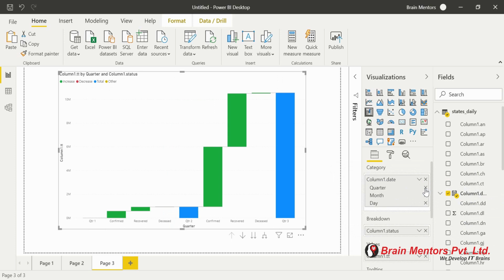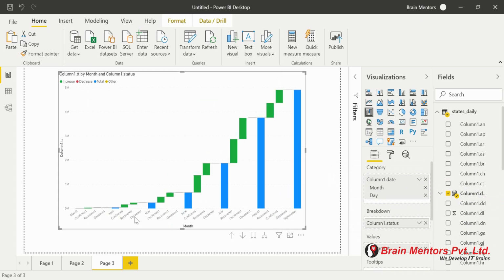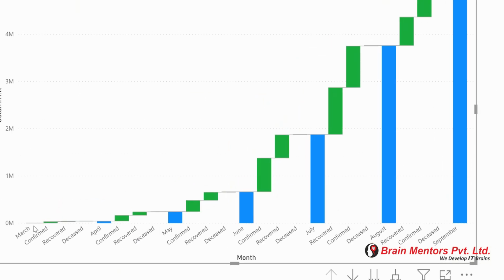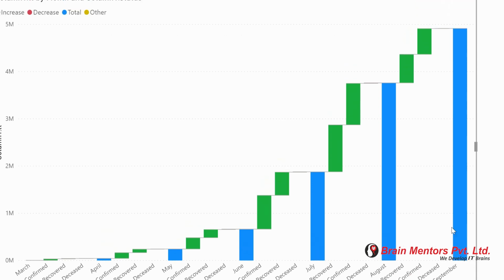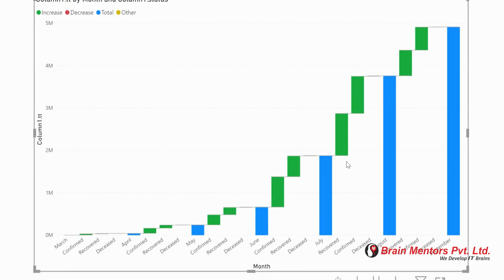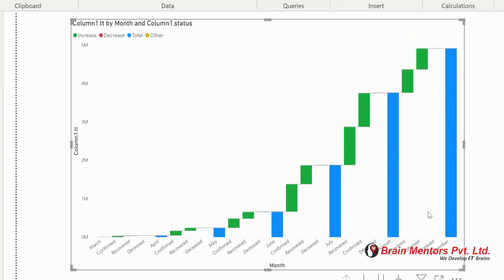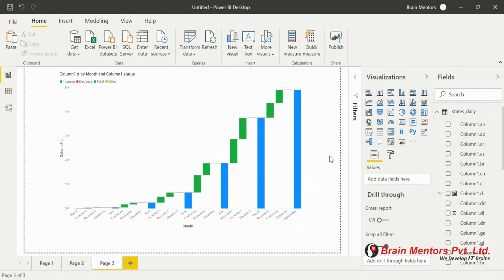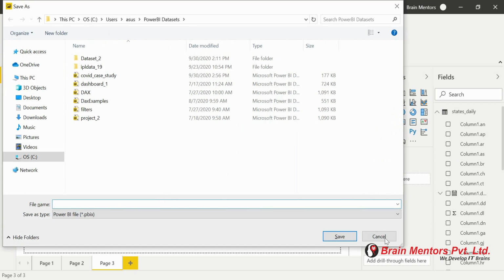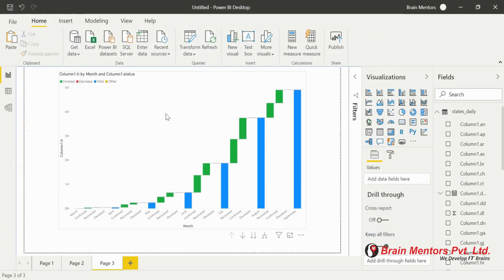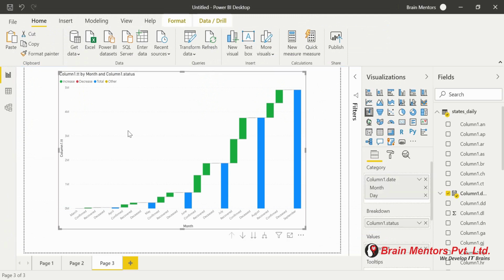So close the first two, and now this is the data of a waterfall. This is the look and feel of a waterfall visualization, March, April, May, and now for every month you can see each month is being categorized into three stages: confirmed, recovered and deceased. The height of the green bar shows you the recovered, confirmed and deceased, and the height of the blue bar shows you the monthly number, how many cases there were in that particular month. So this is the basic visualization of a waterfall chart. I hope it is clear to you what exactly a waterfall chart is.